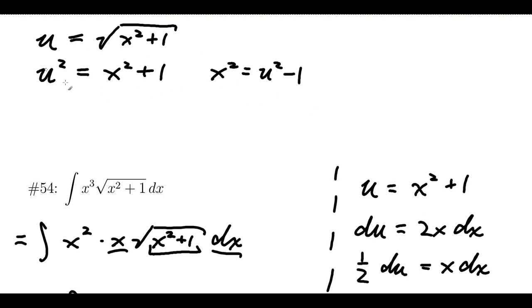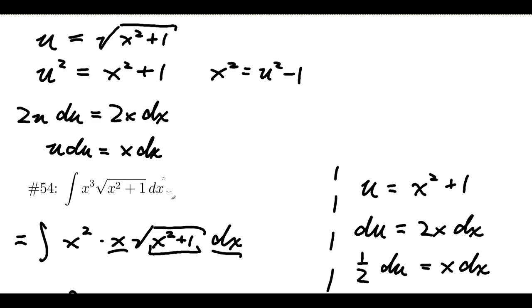The other thing here, when we take our differential, if we do this sort of implicitly, if we take the differential of both sides, like implicit differentiation, we would have 2u du is equal to 2x dx. And then simplifying, we have u du equals x dx. Okay? Which means that this integral here, let's take this integral, the one where we've written out the x squared and the x's. What we would have there